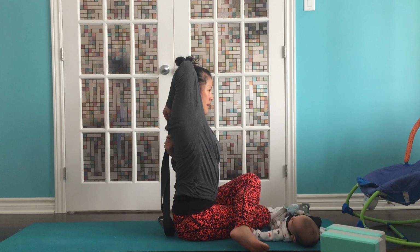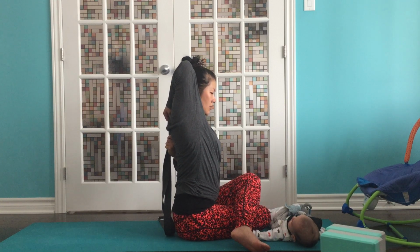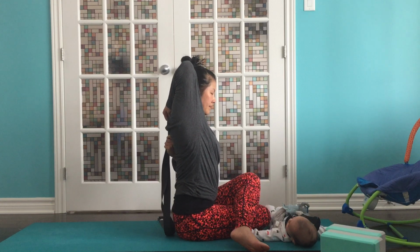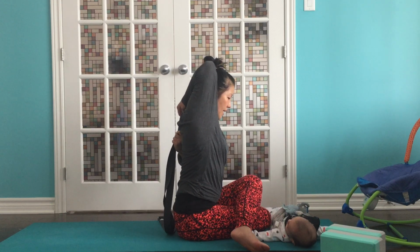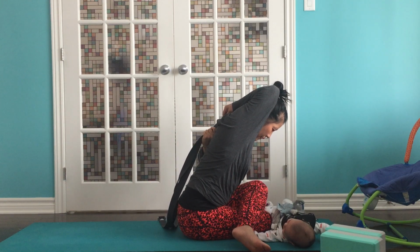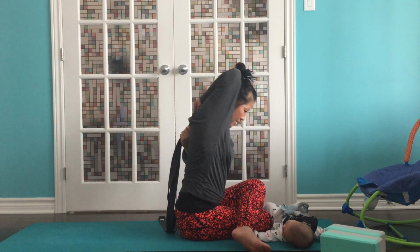Do about 3 more breaths here, really focusing on that left side, keeping that right one up, spine is straight, breathing for length. And then on that 3rd exhale, you can lean forward a little bit. It will intensify a little bit. See how far you can take it without pain. Good, and